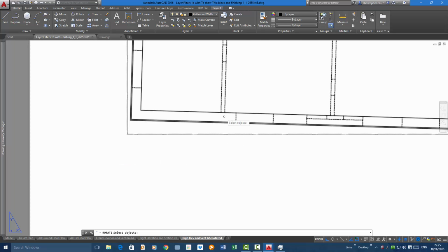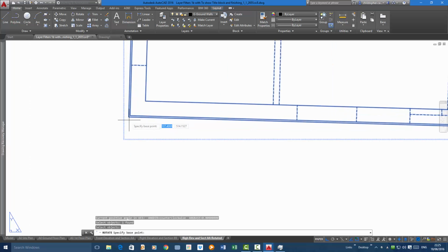Select object, which is this view, and right click or press enter, and then specify a base point, and I'm going to snap to the corner there, and then I'm going to type the rotation angle that we measured earlier of